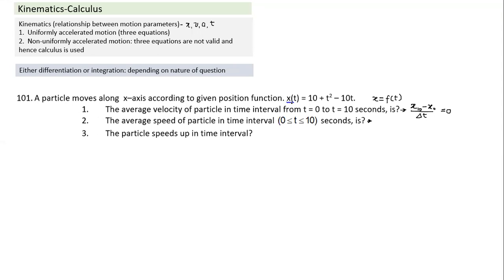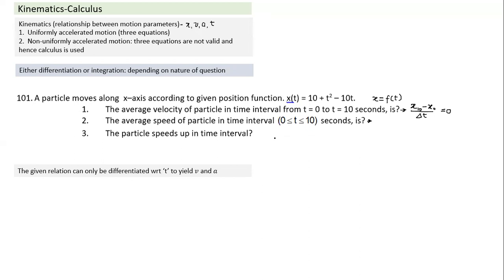find out velocity. If I differentiate, I get a velocity, which gives me a better sense of how it is moving. And if I differentiate again, I get acceleration. That gives me a better sense of the nature of motion without solving just by mathematics. So let's do that. I hope it is clear. So when x is given, I differentiate to get velocity, and if I differentiate velocity, we get acceleration.